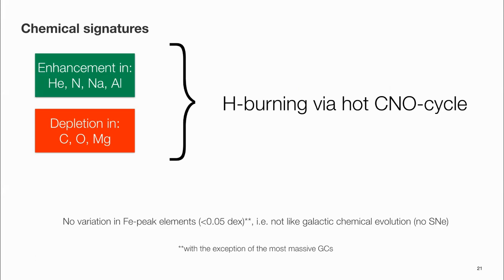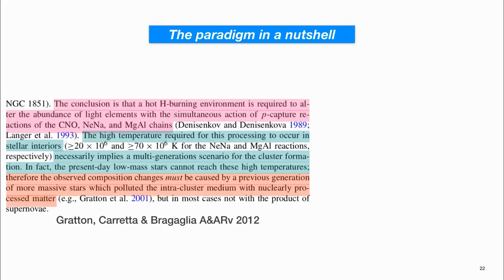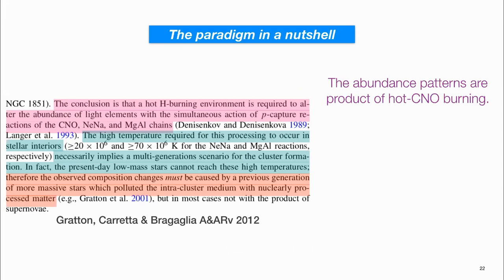Okay, so let me go over the models. This bit from Gratton's review a few years ago summarizes the logical argument that was used to build all the models that we have today, okay? We can break it down into 3 chunks. First, the abundance patterns are the product of hot CNO burning, okay, because of the signatures that we saw earlier. But since globular cluster stars are very low mass, they don't have the temperatures inside to burn these reactions,